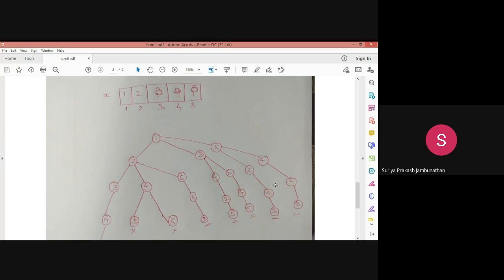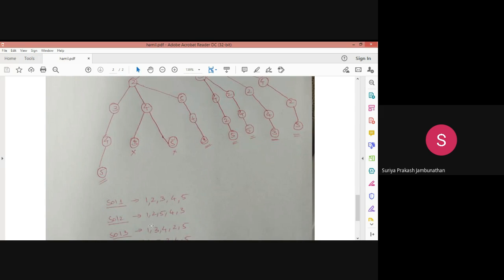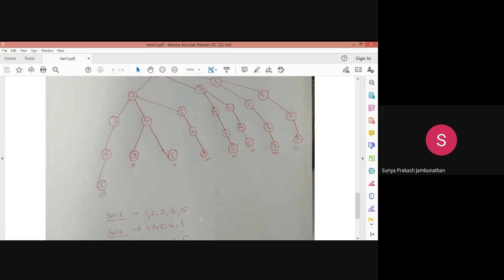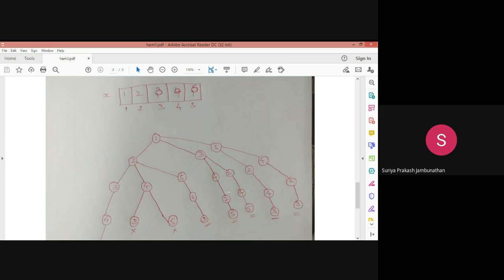So like that, we are getting different cycles and we are forming our solutions with the use of the cycles. All the solutions we are getting, we have to represent as a Hamiltonian cycle solution. So whenever you are getting a graph, you have to convert the graph into the form of a matrix. From the matrix, you have to start your backtracking methodology by plotting a state space tree, and the nodes not reaching the root node, those nodes you have to kill and make your solution.